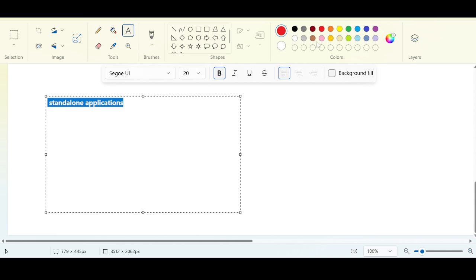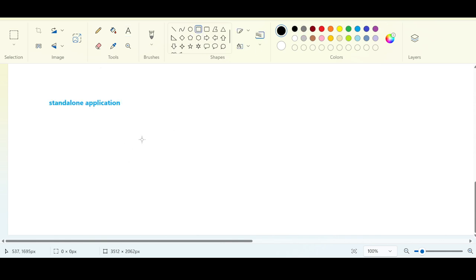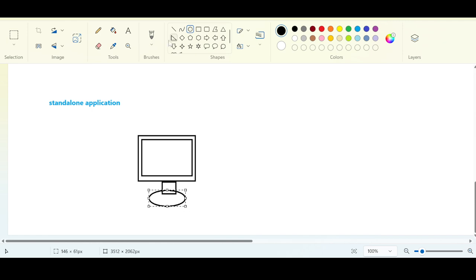Okay. So what is the standalone application? Standalone applications. Let us imagine that you have a system, guys. You have a computer. Everyone has their laptops or desktops, right? The computers are the machines that perform the computing operation. So you have a computer, right? And there is an internet. Just imagine that you also have an internet.